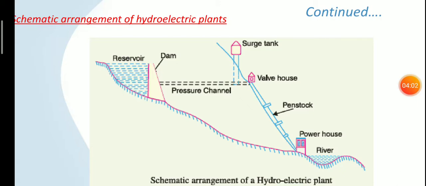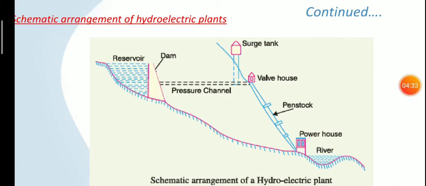At the bottom, another part is headworks. We know that while water is running, there will be a lot of sediments present in the water. These sediments should not reach the turbine. So, in order to divert these sediments from the water, headworks are used. Sediments can be removed by using headworks. These spillways and headworks are not shown in the figure.